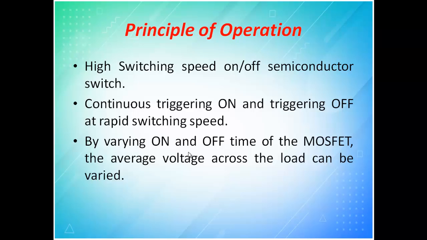Then the principle of operation. So today we will discuss only the principle of operation. Okay. It uses a high switching speed on-off semiconductor device. So how you are able to get this variable DC is, when you operate a device at a normal speed, then this is not at all possible. So how to make it possible is to operate at very high speed, which is nothing but high switching speed. And high switching speed you can get only in a voltage control device.